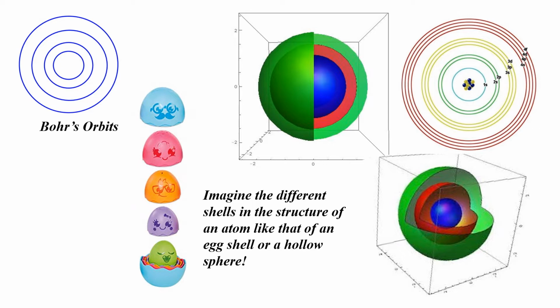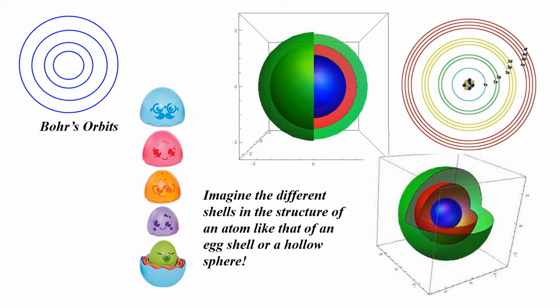An atom is the basic constituent of matter. You, me, and all of us, we are all part of matter. How are we? We are three-dimensional. We occupy space. So an atom, being the basic constituent of matter, should also be represented three-dimensionally. So now we can imagine these orbits three-dimensionally.